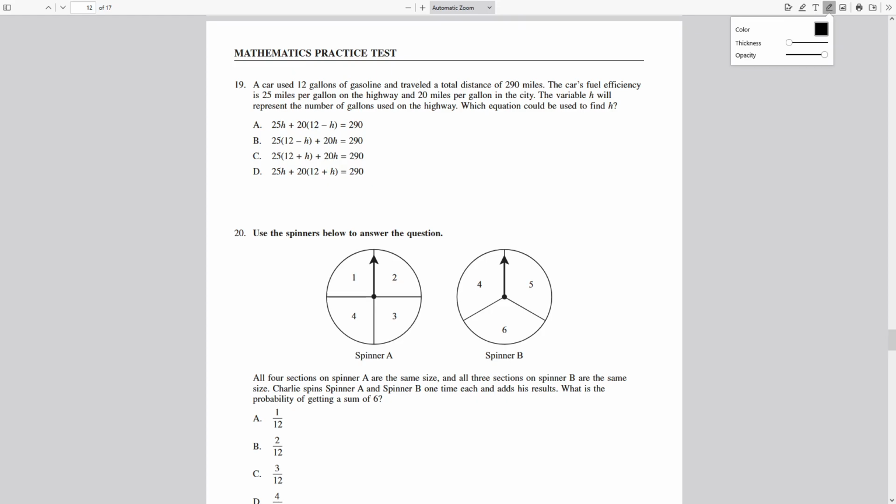So, your car used 12 gallons total. Okay, so,